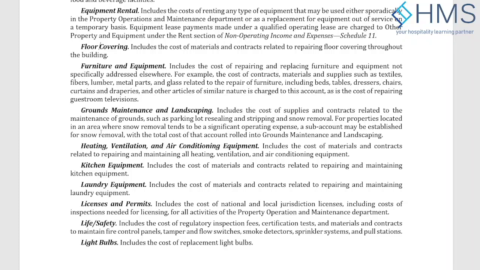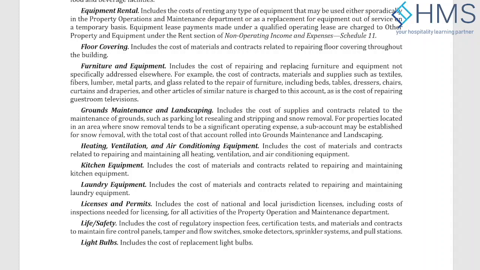Then you have a separate line for kitchen equipments and laundry equipment. So for the other type of equipment, which is non-aircon, non-kitchen, non-laundry, you will see first, is it a normal equipment, furniture fixture, then it will go to furniture and equipment. Otherwise, it will go into electrical and mechanical maintenance. So that's the hierarchy of seeing where the expenses should go.